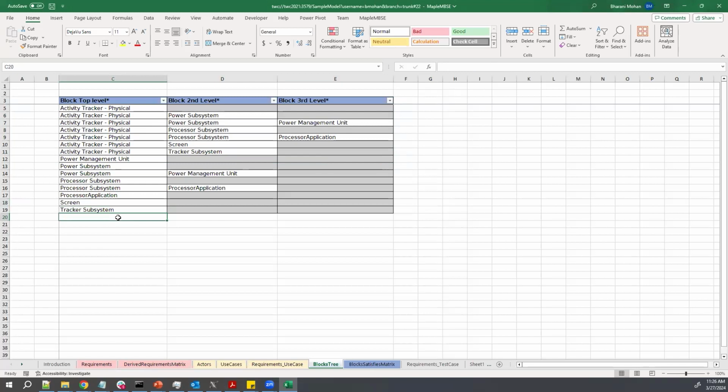We want to include a new component called resistive touchscreen. This would be a subcomponent for one of the existing subsystems. So it already has a few subsystems, the top level of activity tracker. It has certain subsystems. Now I want to define another level for one of the existing subsystems. So for screen, let's say I want to